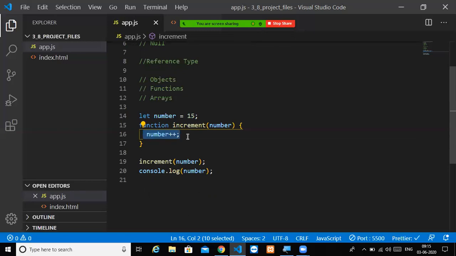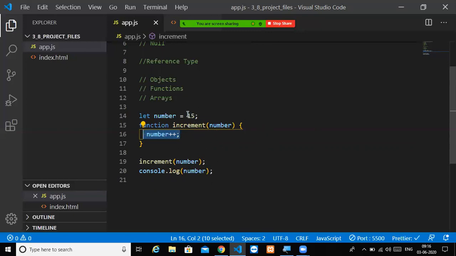So let number is equal to 15. You are writing a function, you are incrementing inside the function, but you are passing this particular value as a declared value, as a number. So this local scope will not have any kind of access to it. So it will take it as 15 and it will throw it as 15.